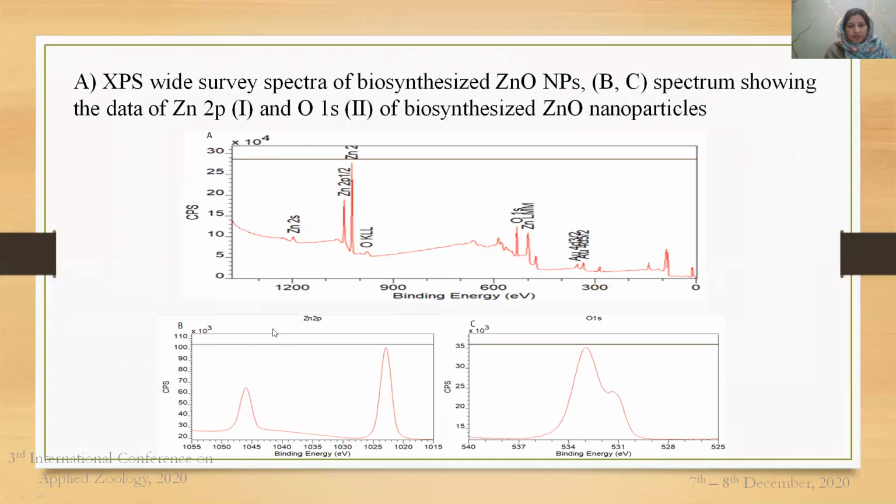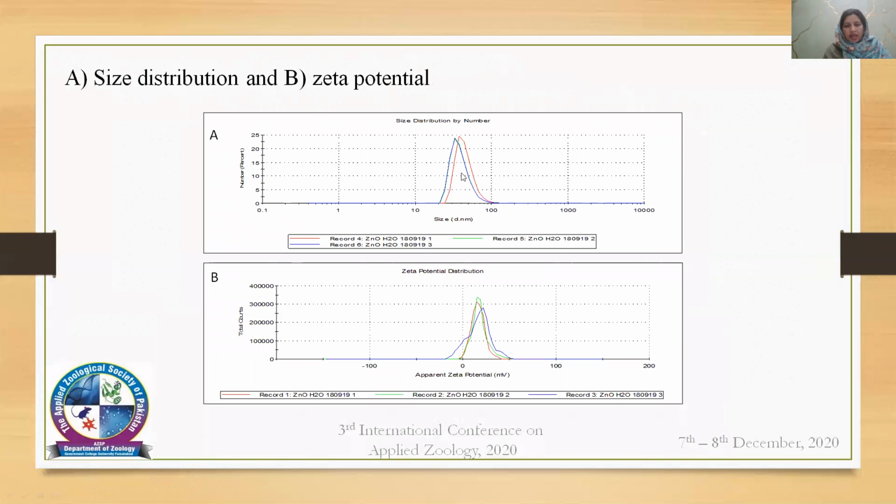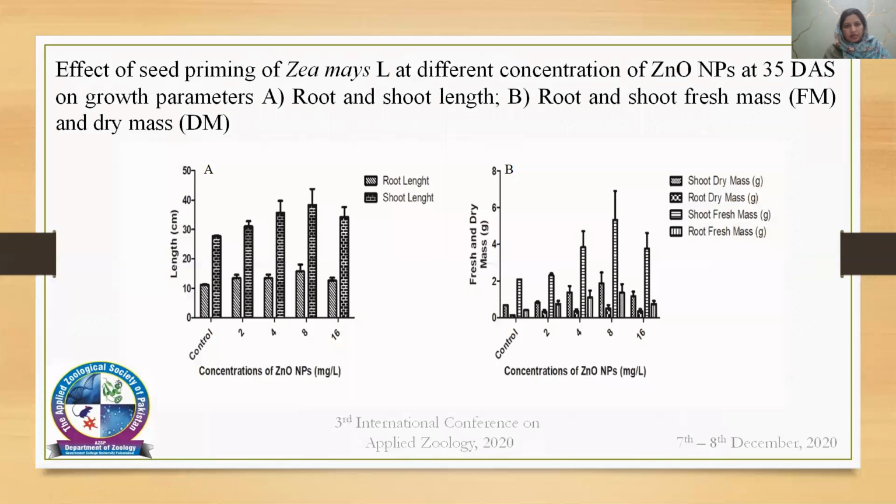This is the XPS analysis of the nanoparticle, and here we can see the elemental form of the nanoparticle, and this graph showed the synthesis of the zinc oxide nanoparticle. This is the size distribution by number and zeta potential of these nanoparticles. After all this characterization, we checked these nanoparticles on the plants, and